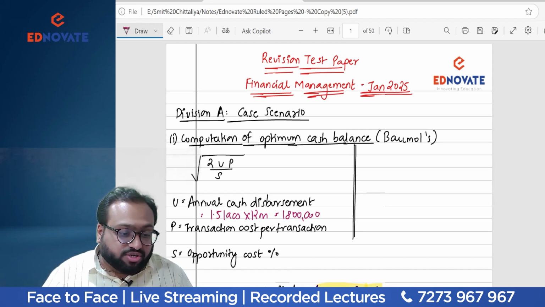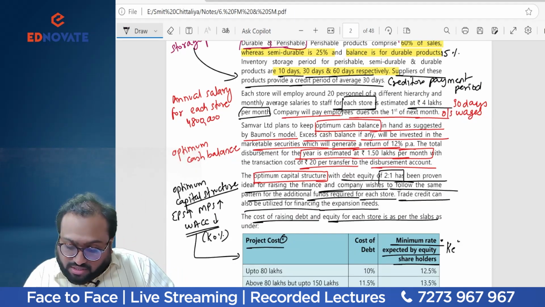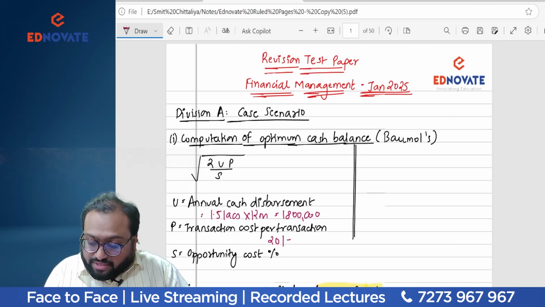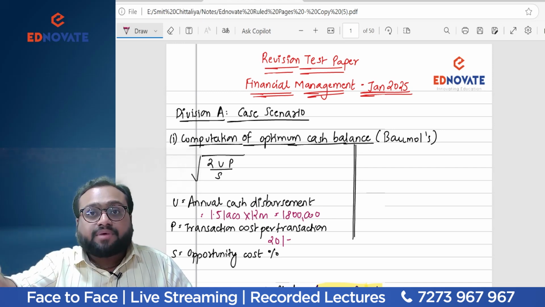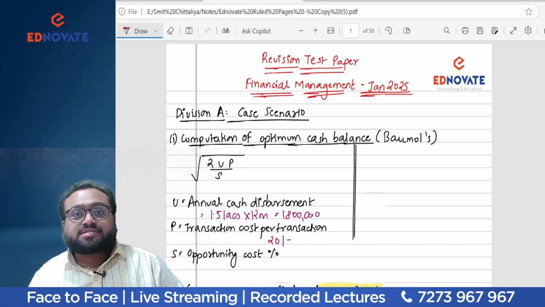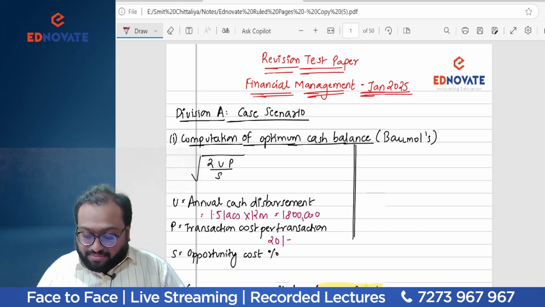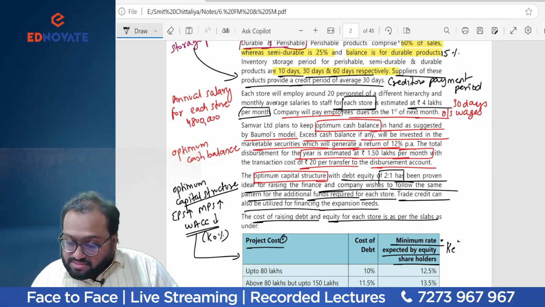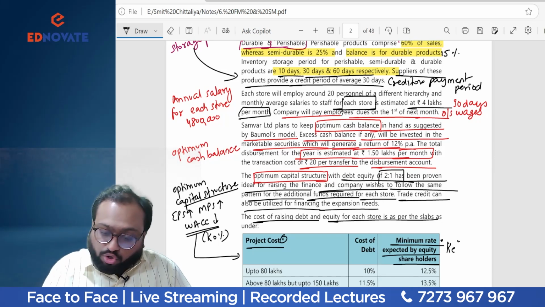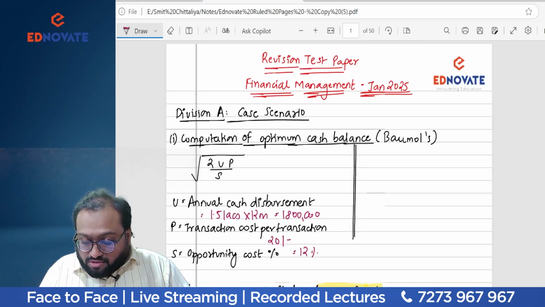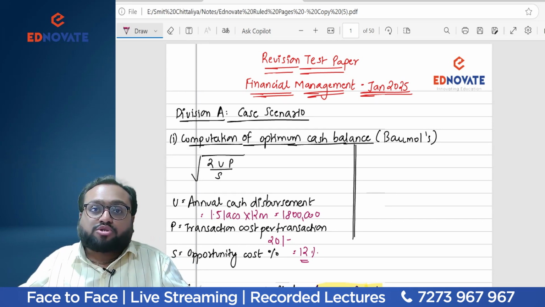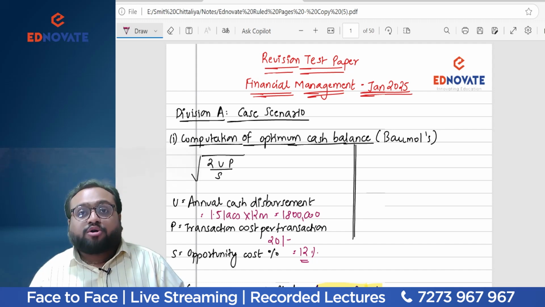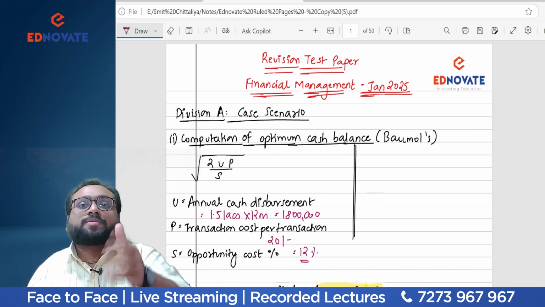Transaction cost per transaction is how much? As we saw in the question, 20 rupees is my transaction cost, the transfer fees. If the investments are redeemed before maturity, or they are redeemed, of course there will be transaction cost like brokerages. Transaction cost has to be borne by the company, and the opportunity cost of capital is 12% per annum. If I'm not wrong, students, say yes or no. So if I'm keeping surplus money in my cash box, I'm losing an opportunity to earn on the same, and I want to keep only that much cash which is optimum for my business.